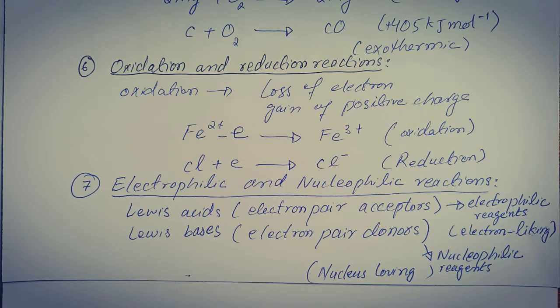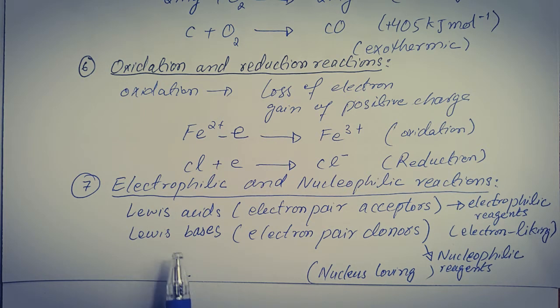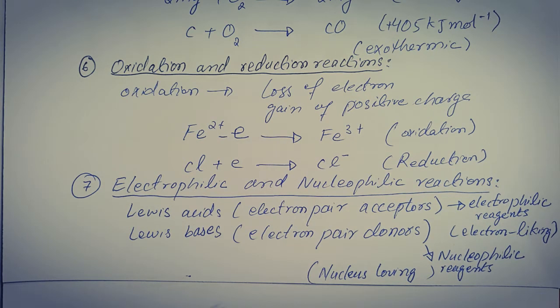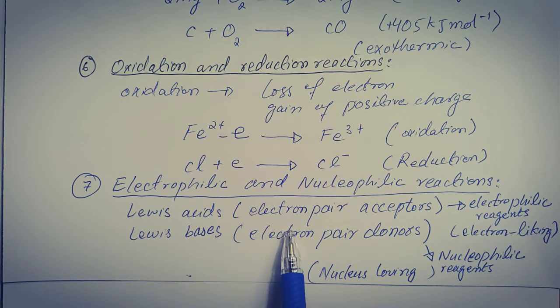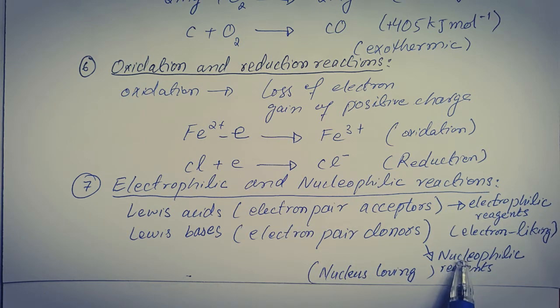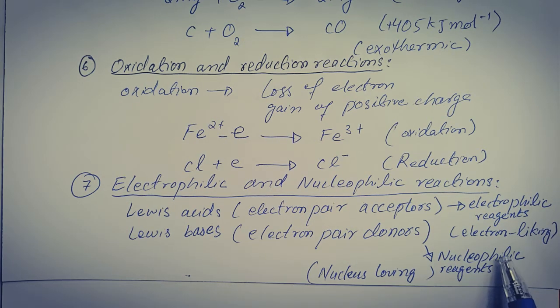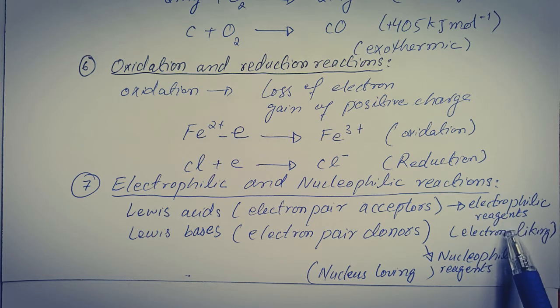Electrophilic and nucleophilic reactions. Both the terms electrophilic and nucleophilic are used with reactions of compounds containing covalent bonds. So here there are two types of reactants known as electrophilic and nucleophilic reagents. Electrophilic reagents are actually the Lewis acids, which are the electron pair acceptors, whereas electron-liking ability of the electrophilic reagents is due to the fact that they have either